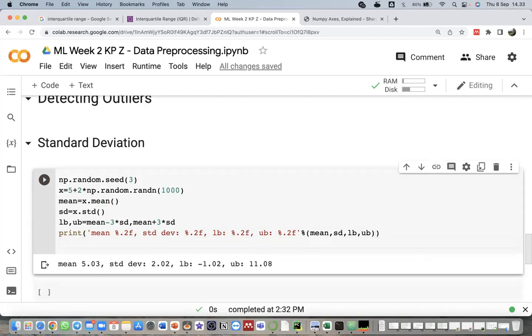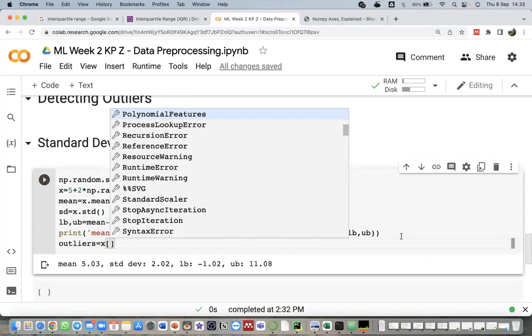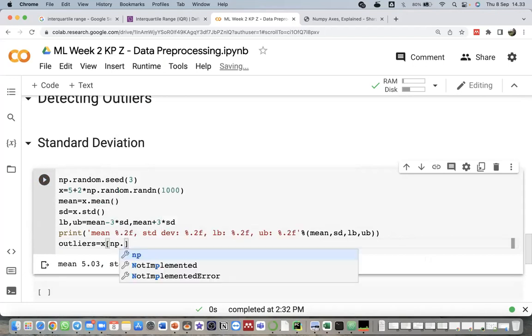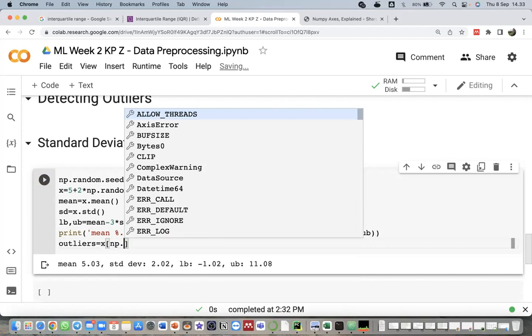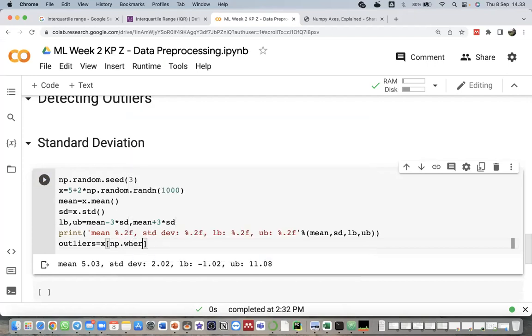So we need to get the outliers here. The outliers will be the X values that are below the lower bound or above the upper bound. So we can just use np.where with the condition.